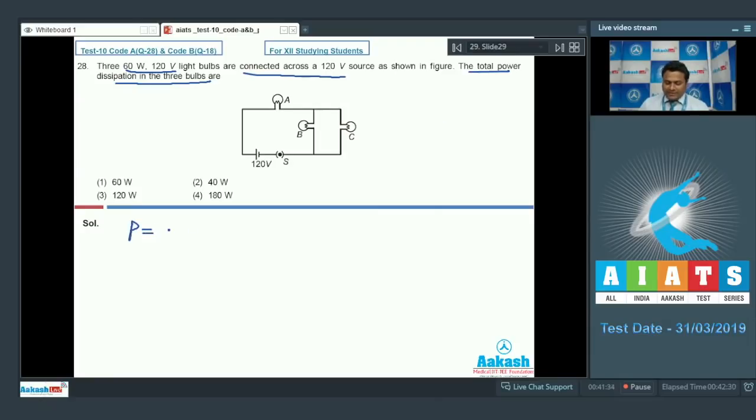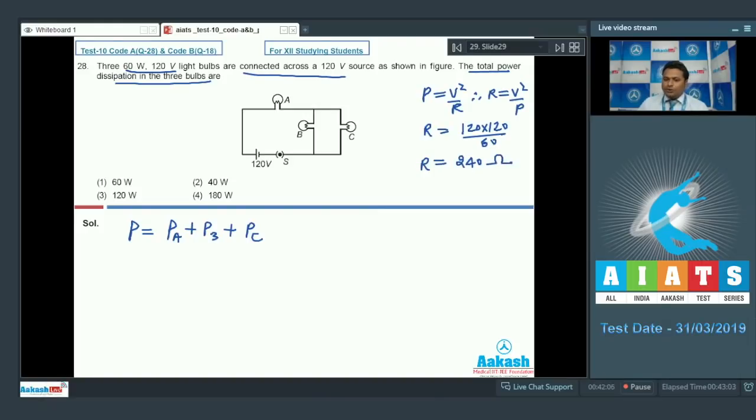Total power dissipation will be given by P equals dissipation in A plus dissipation in B plus dissipation in C. First of all, let us calculate the resistance of the bulb by the relation P equals V square by R. Therefore, R equals V square by P. R will be 120 into 120 divided by 60. The resistance of each bulb we will get is 240 ohm, and calculating the current, 240 will form 120 plus 240,